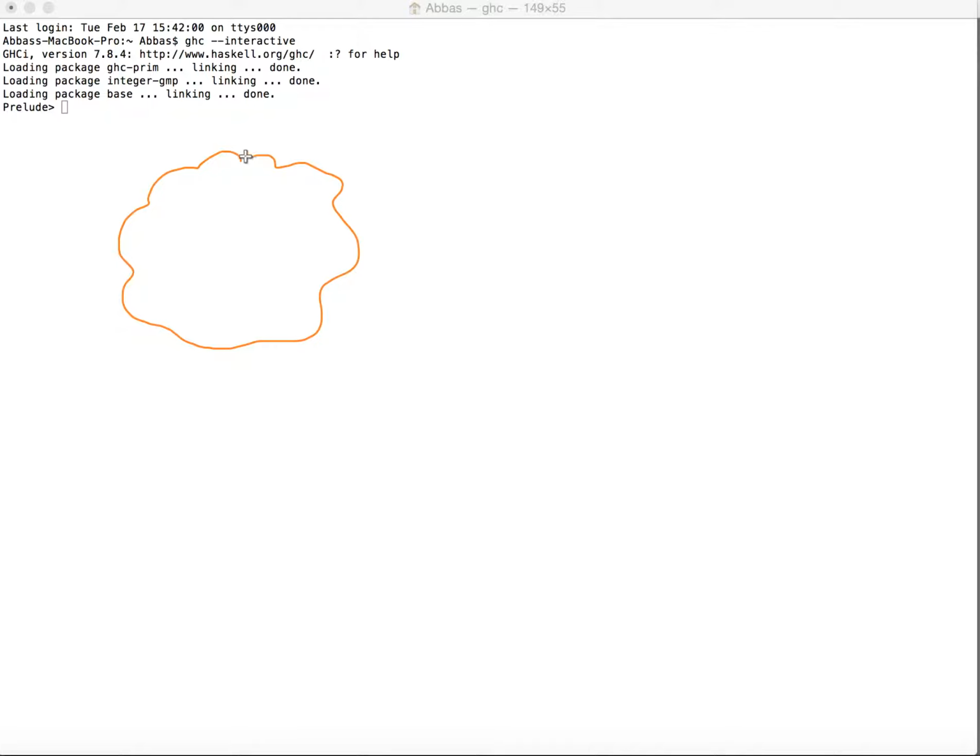Let's say I have some kind of an interface over here, and I'm just going to give it a name. Let's call this Eq. So I've got my interface over here, and I'm going to give it the name Eq. And this interface, or this type class,